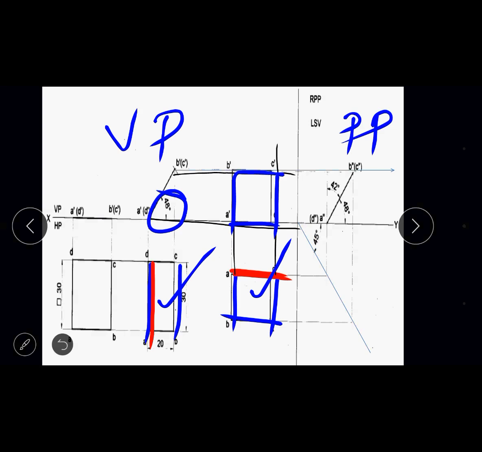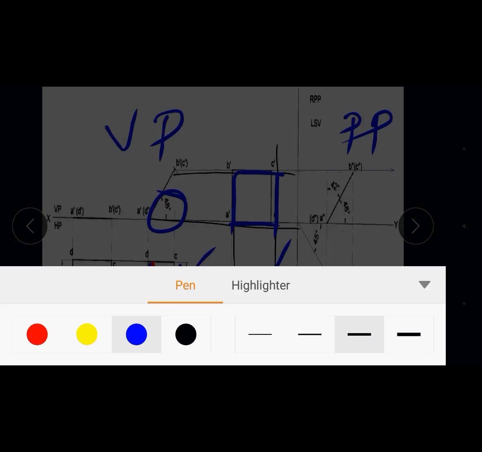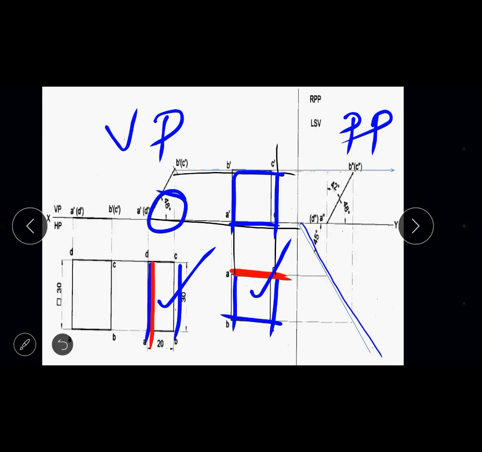So the next step is we'll consider a 45 degree line. That is shown in the figure. You can observe that a 45 degree line is constructed over here. So consider the 45 degree line and then draw the projection lines from the third top view. You can see here projection lines were constructed. At the point of intersection on the 45 degree line, project it upward for some dimension. So these are the projection lines I have drawn from the third top view at the point of intersection of the 45 degree line. So draw the projection line horizontally and upward.